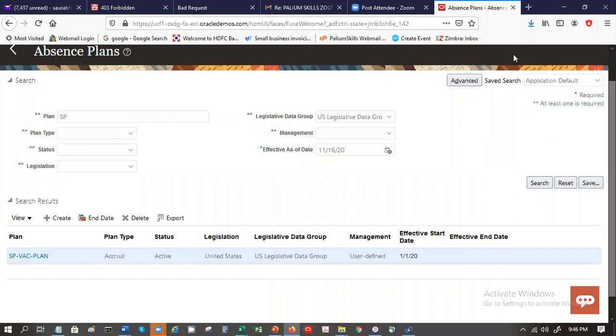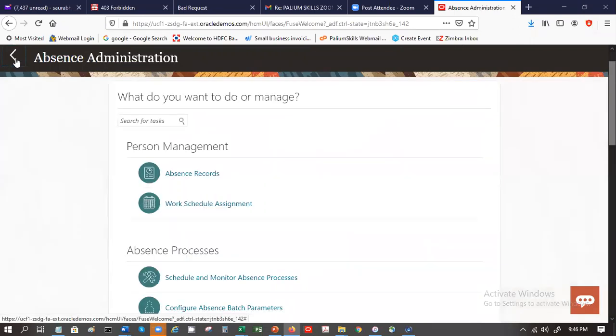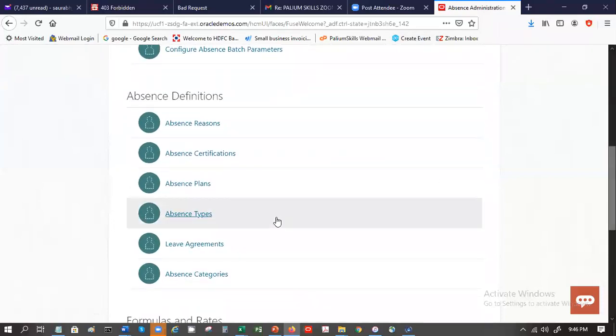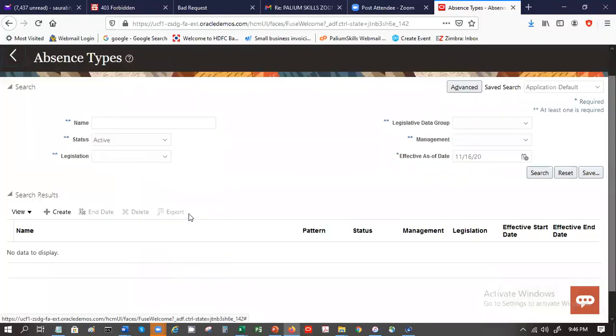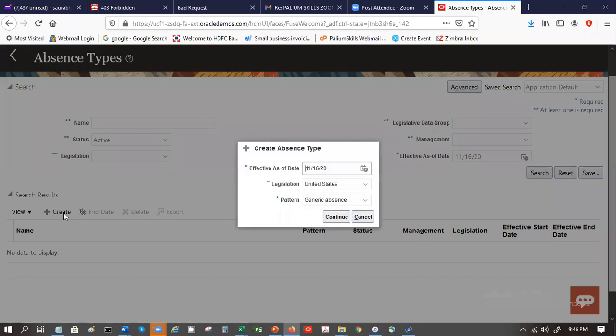The next step would be, after your plan is done, the absence type. So we have the absence type here. The pattern is generic, maternity, or illness injury. Let's say generic plan, since we are doing a vacation one.